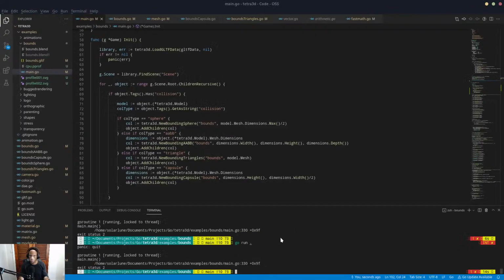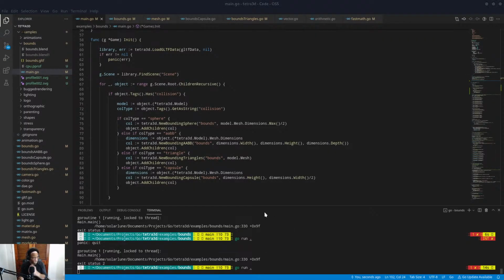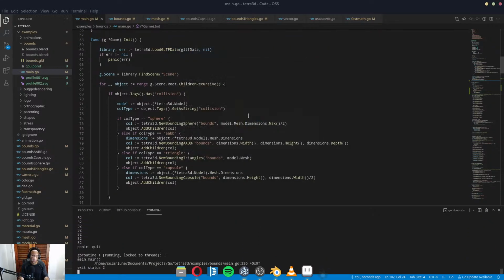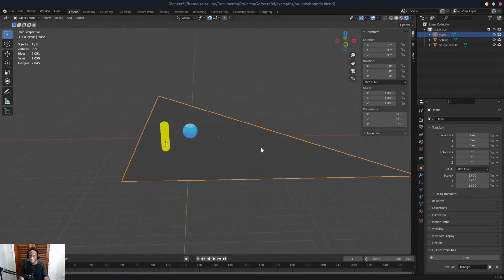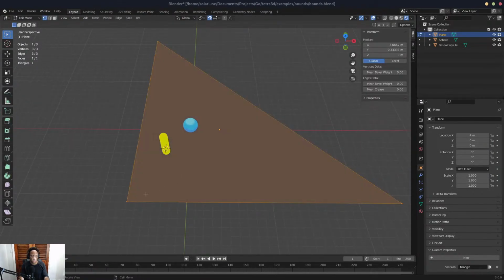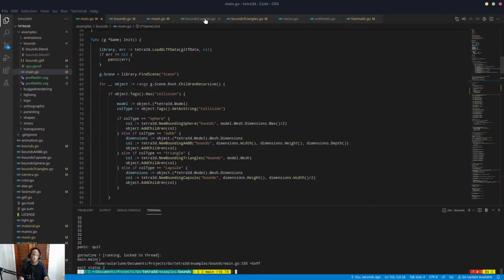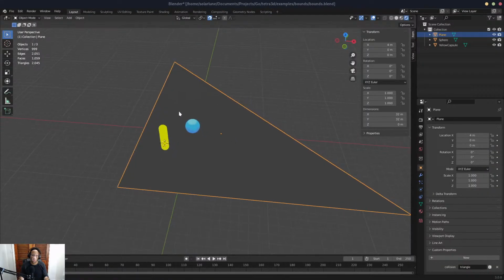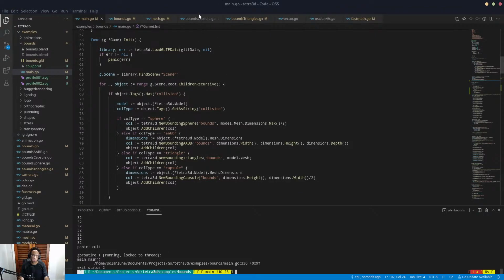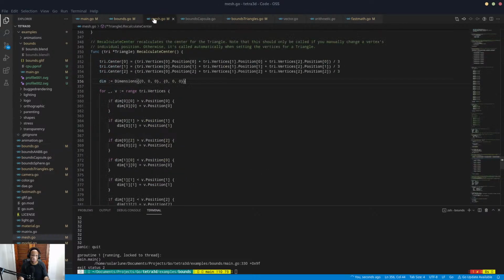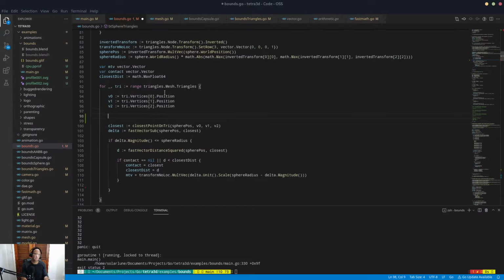All right, let's see. All right. Okay, so it says it's 32. The dimensions are 32, so that is close enough, I guess you could say, where theoretically the object could be, basically there's a box around the triangle, kind of. So now if we go back over here, we can say if